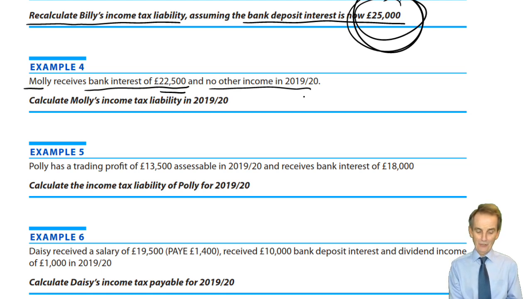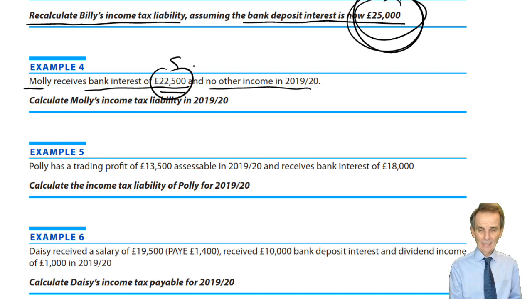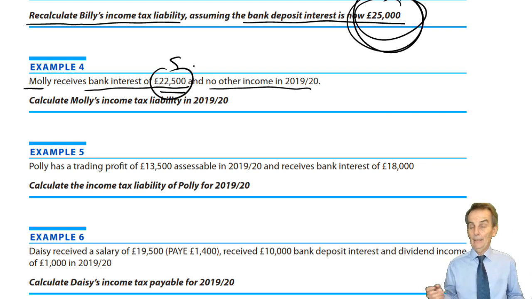Obviously, the calculation of the taxable income is not difficult. The analysis is not difficult. You have savings income, 22,500. To get taxable income, you have a personal allowance. It is 12.5. Your taxable income, 22,500 minus 12.5, is of course going to be £10,000. And that 10,000 is entirely savings income.